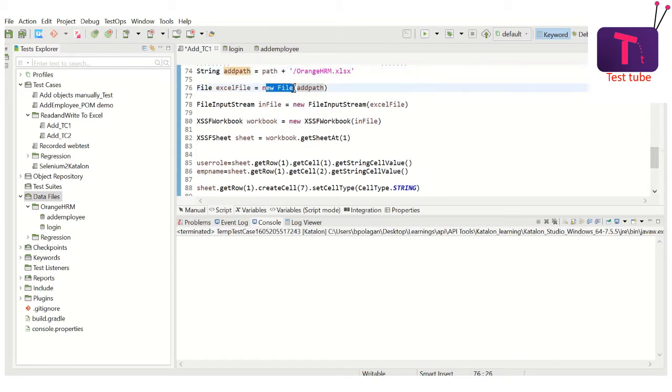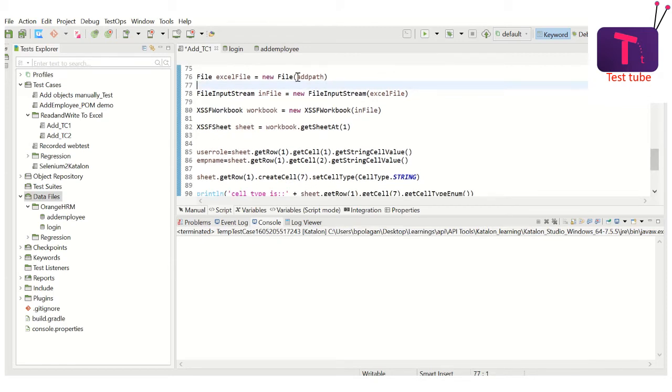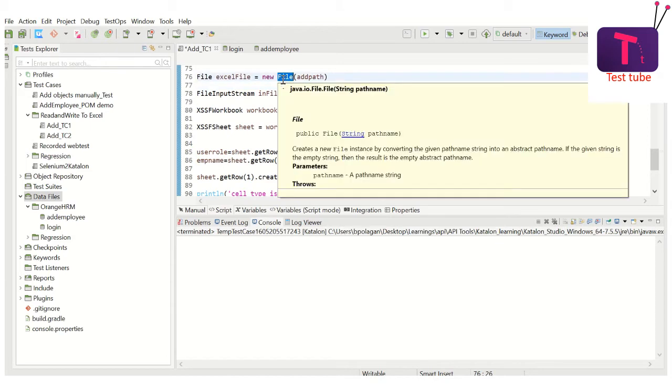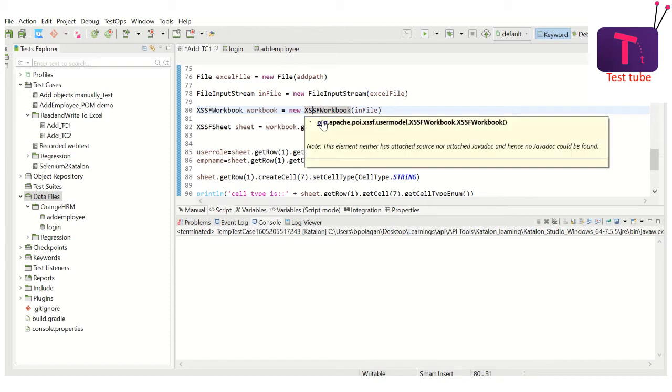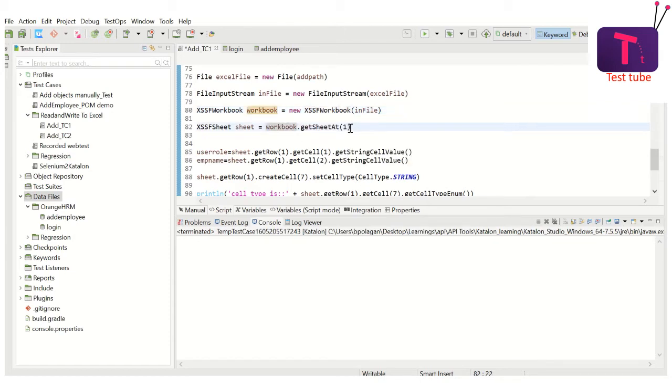So the new file method is going to get access to some file which is stored in this path, which is nothing but this particular Excel sheet. And file input stream is meant for reading something from that particular file, which is controlled by this pointer, which is created by this particular class. All right. So again, once you control the file, you control the book using these classes, and you have to import the relevant packages for this, and finally you will get access to that particular Excel sheet which you wanted to write the data into or read the data from, etc.